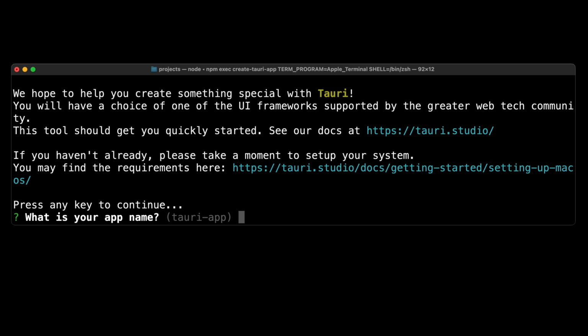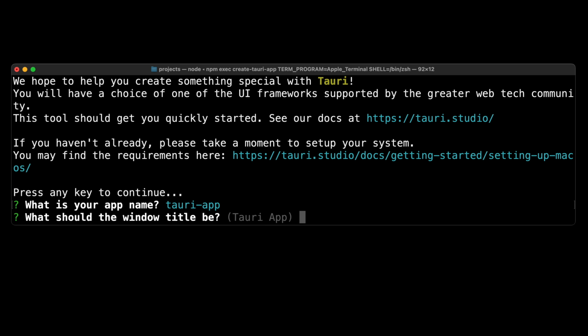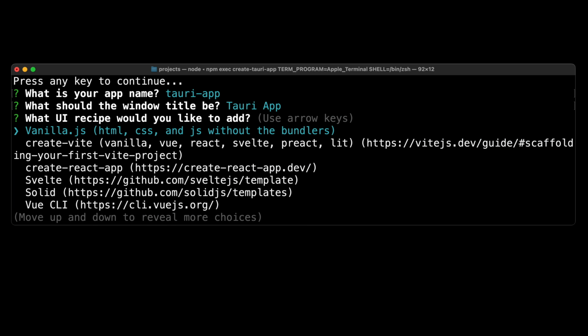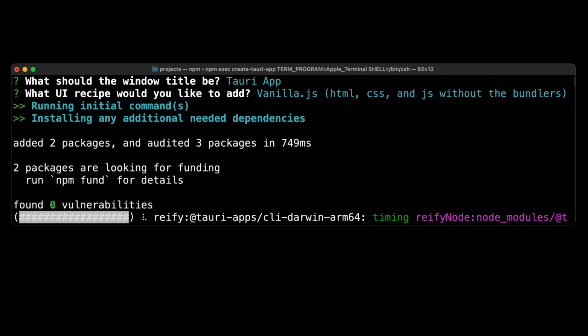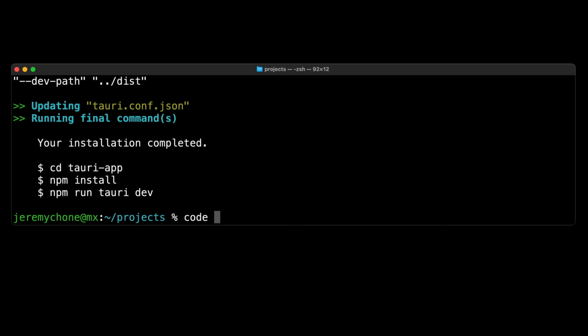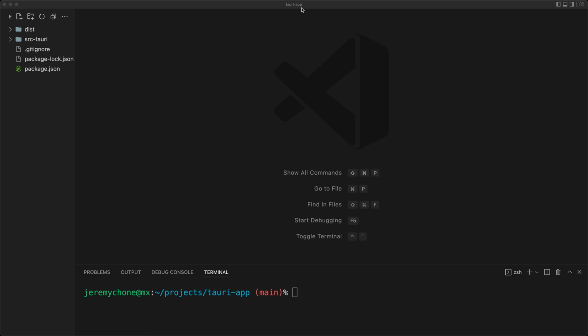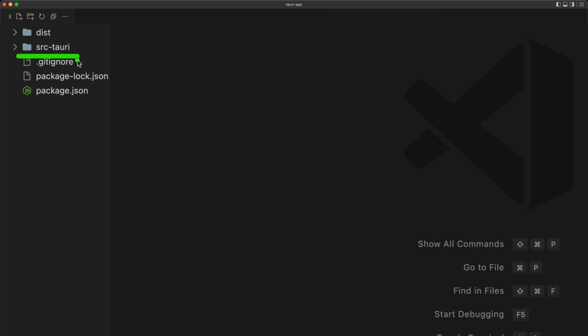Press continue, you give your app name, you give your title of the window, and then we're going to decide which framework we want to do. Our strategy is to start simple and build up. So vanilla.js it is, that will create the application, and then we can do a code Tauri app, which is our folder. Once we are in the application, we can see that we have our src-tauri, which is going to be our Rust code,